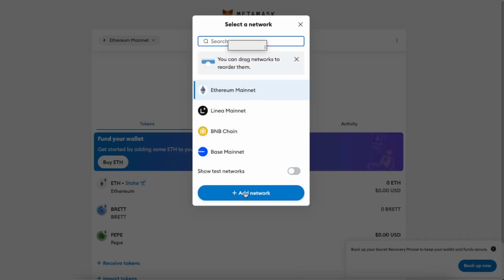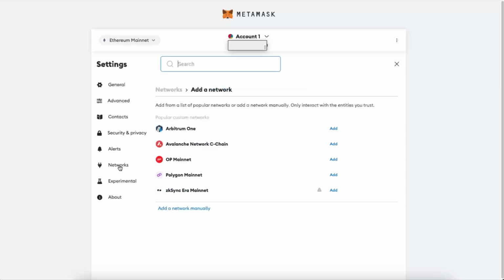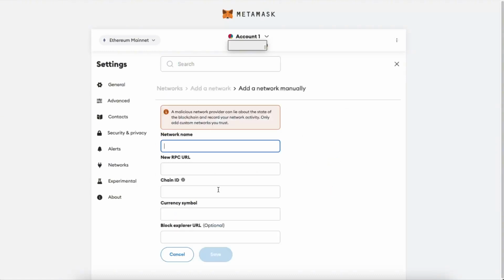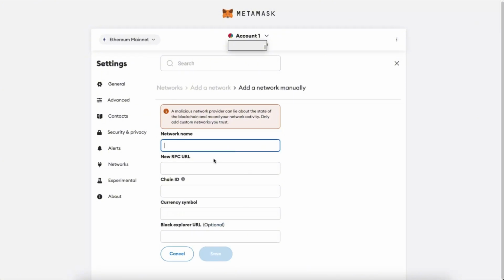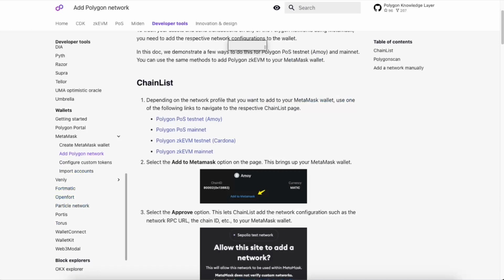To add a network, you can just basically click right there, click add network, or here go to settings and click on networks. And as you can see, you can add some or add network manually. So you want to click add network manually, and you will now need network name, RPC URL, chain ID, and currency symbol. Now you can either add it manually, just like so, or you can just go ahead to the,